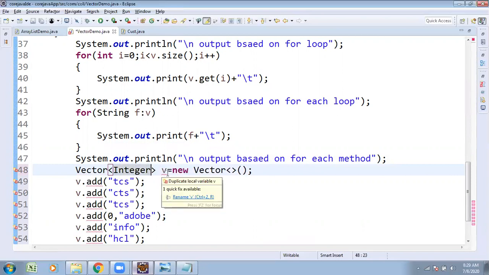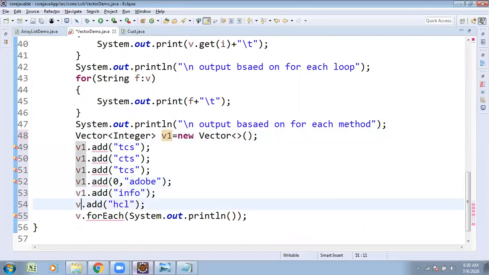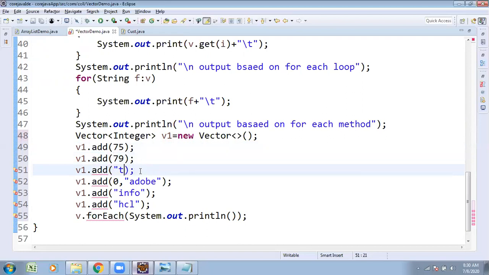Vector of Integer v1 equals new Vector. v1.add, several elements I am adding and printing with the collection. So here Integer 75, 79, any of the values we can insert. 56, at index position 0, the first element, 100.